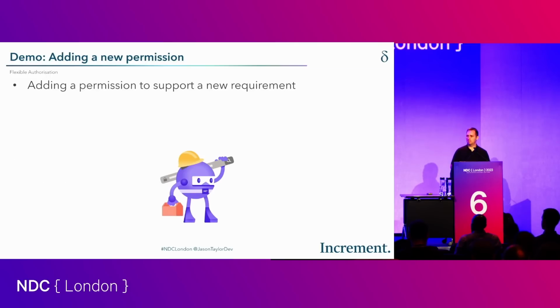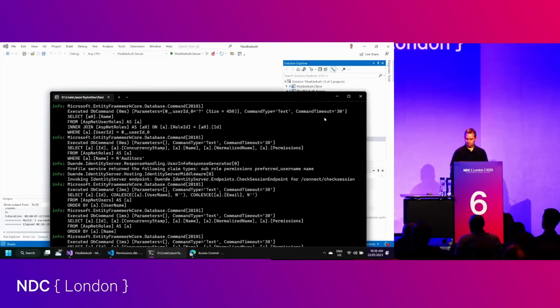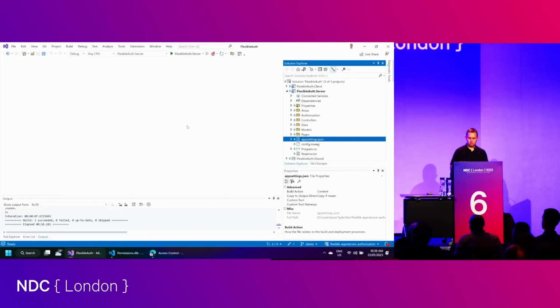So let's have another demo now. Let's see how we can use flexible access control or flexible authorization to add a new permission to support a new requirement. So we'd like to add a view access control permission so that auditors have the ability to view access control and other users potentially too, but not to configure it, not to change access control. We'll stop the application running. So to do this, I need to open up the permissions file,